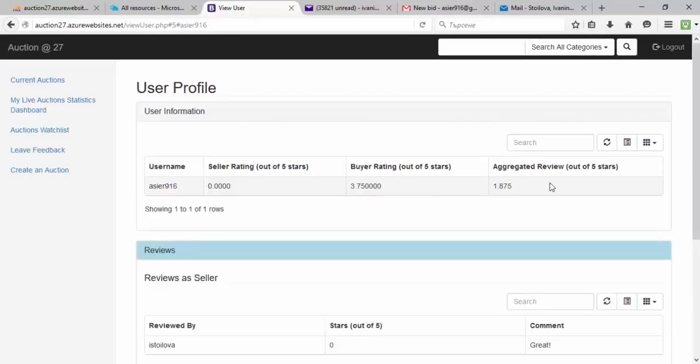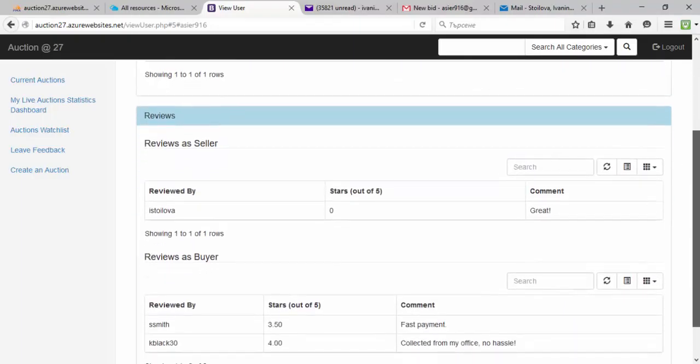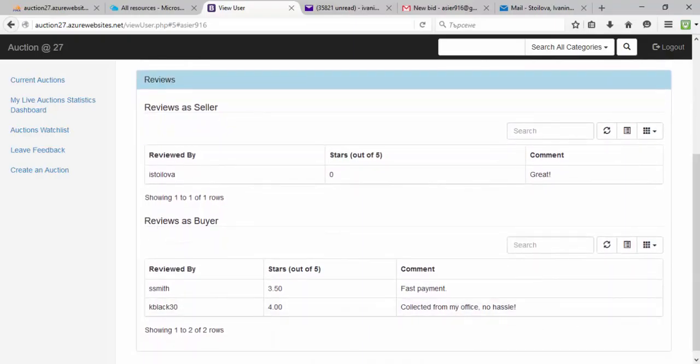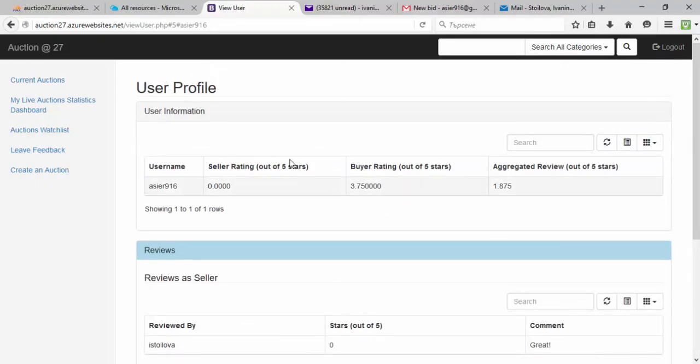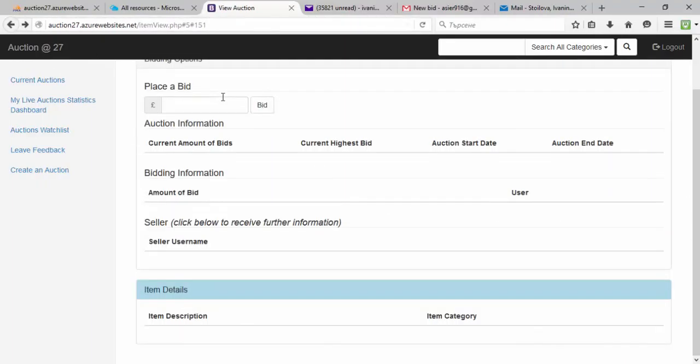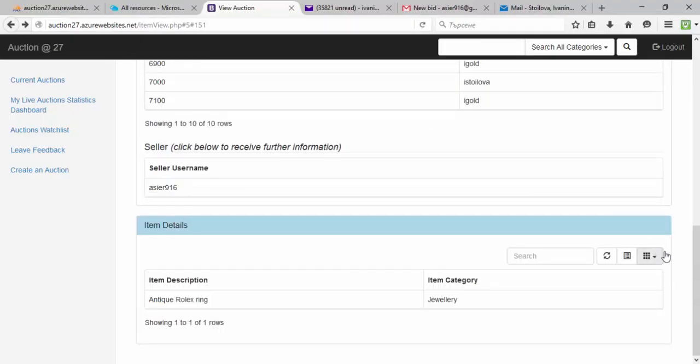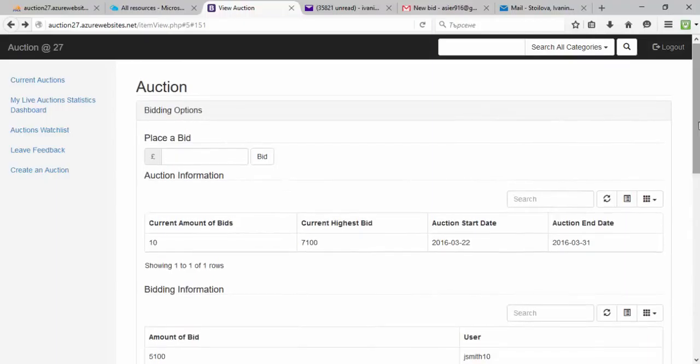From this web page, I can see the seller's rating, both as a seller and as a buyer, and their aggregated review of both ratings. And I can also see the comments that the users have made about this particular seller in the past. If I now go back to the auction web page, I will be able to place a bid with the